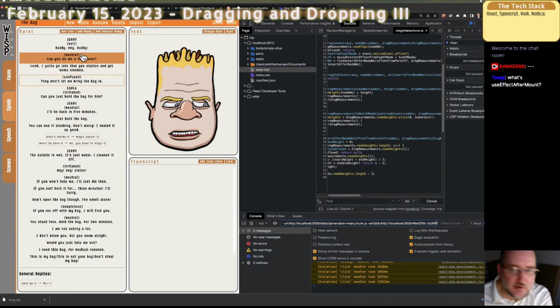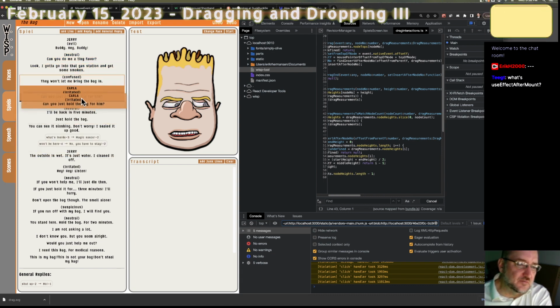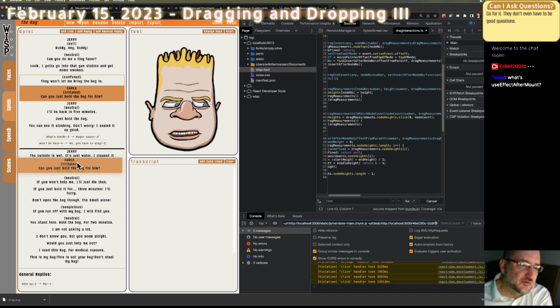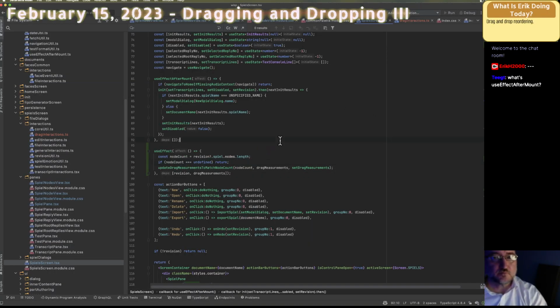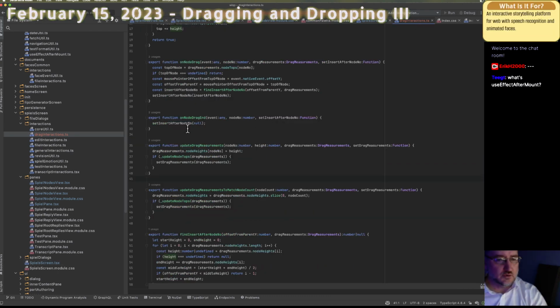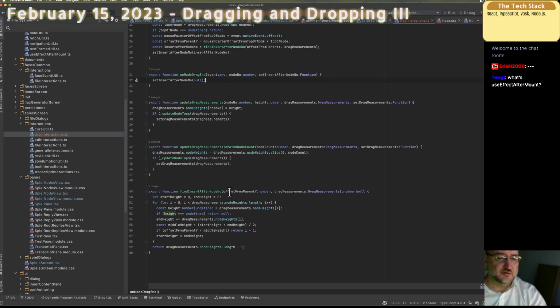Okay, so now it's time to write, with my remaining 20 minutes, the code that actually moves the node or the line to the insertion point when you let up off the drag. Okay, fun. So on node drag end, when I let up from it, I need to know not the insert after node, but